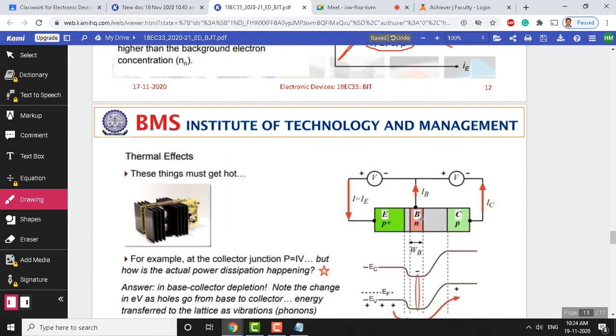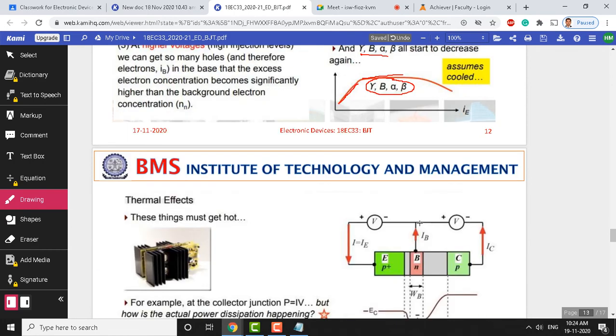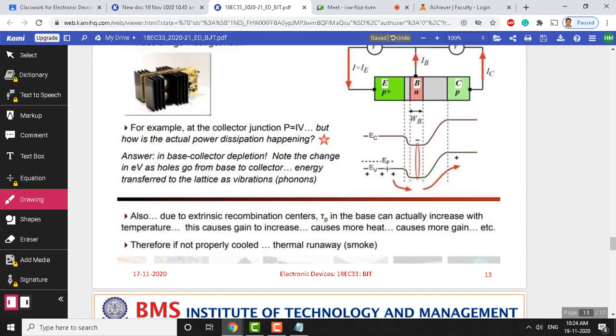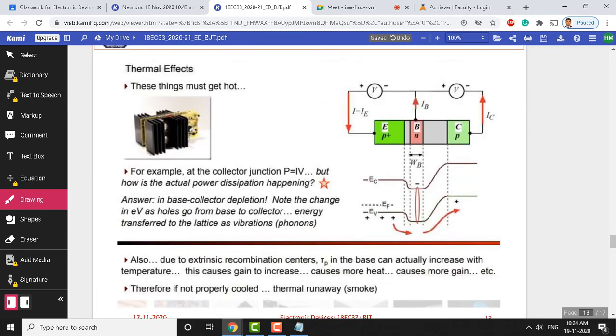Okay. Now let us discuss what are called the thermal effects. Thermal effects are nothing but, if you look at a transistor, most of the time in forward active mode we maintain the collector junction in a reverse bias condition. So if you ask me where exactly the power dissipation is going to happen in the entire transistor, of course it is going to be in the collector base junction. A lot of power is going to get dissipated within this.